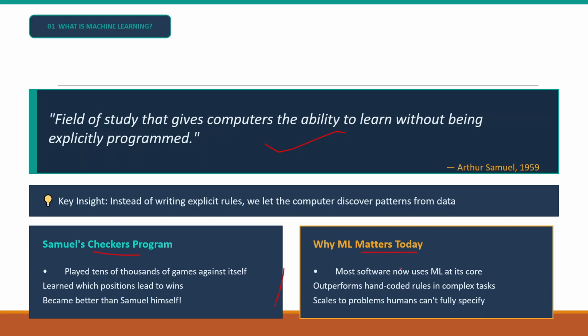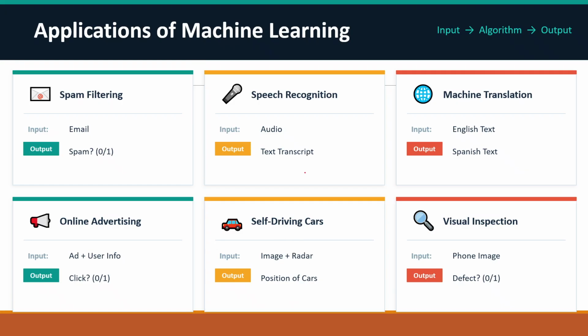तो मशीन लर्निंग मेथड्स इज़ बेसिकली मोस्ट सॉफ्टवेयर नाउ यूजेस मशीन लर्निंग, एट स्कोर परफॉर्म हैंड कोडेड, हैंड कोडिंग हार्ड कोडेड हम प्रोग्रामिंग नहीं करते. ठीक है. इफ़ यू टॉक अबाउट एप्लीकेशंस ऑफ मशीन लर्निंग, सो इट हैज़ टू थिंग्स. We give input to the algorithm and algorithm provides us the output.